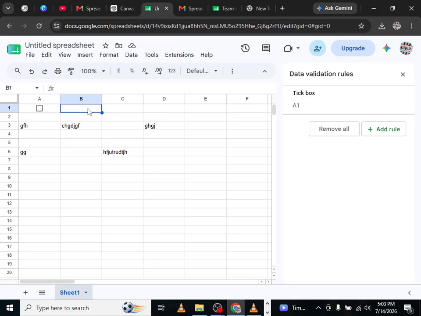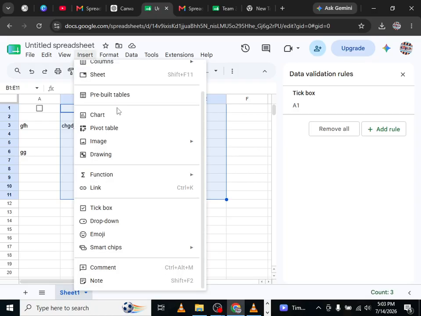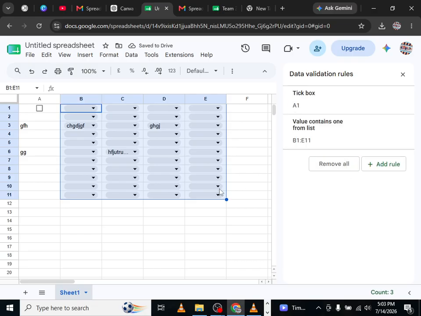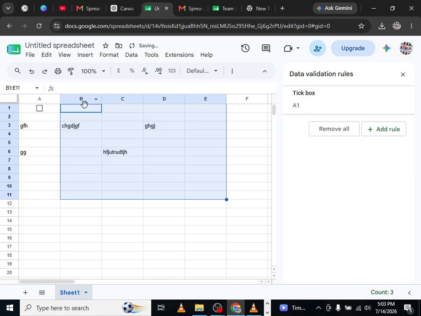If you want to add checkboxes to a large list, simply select all the cells first, choosing Insert and checkbox. Google Sheets will place a checkbox in every cell at one time. You can also customize how checkboxes work. Select the checkbox cells, click